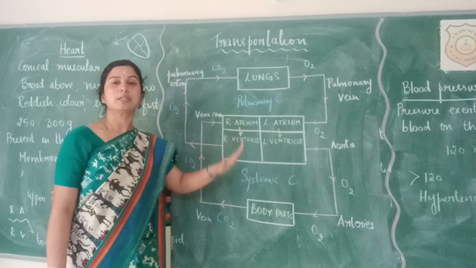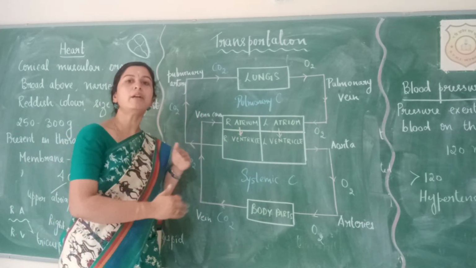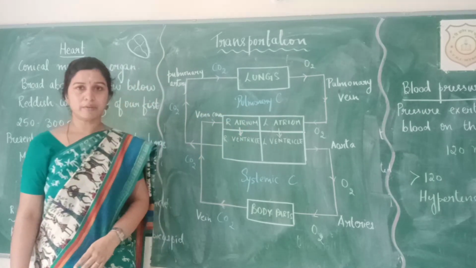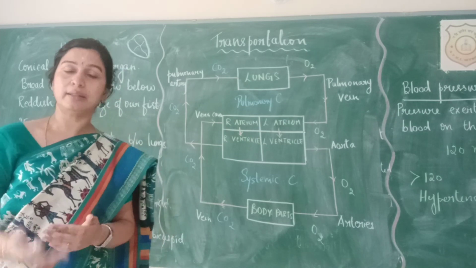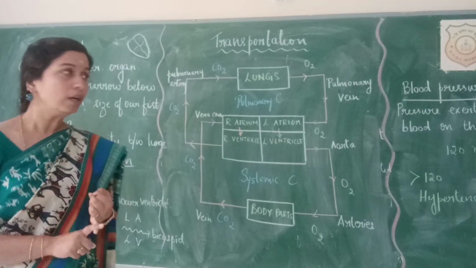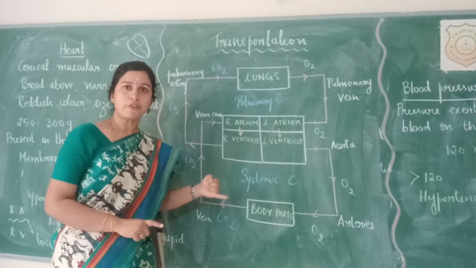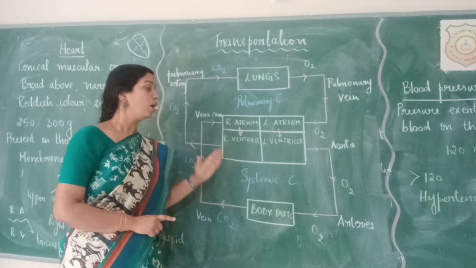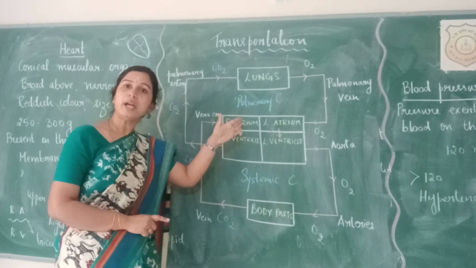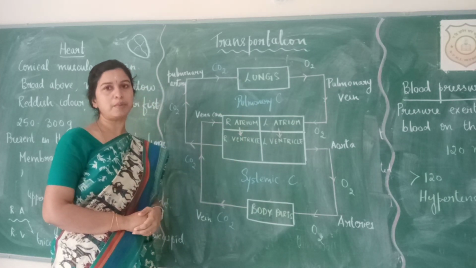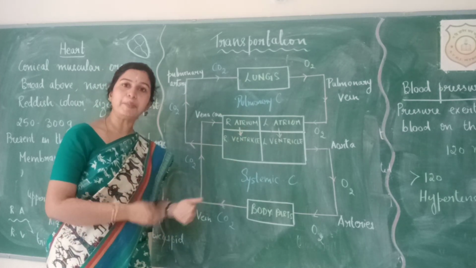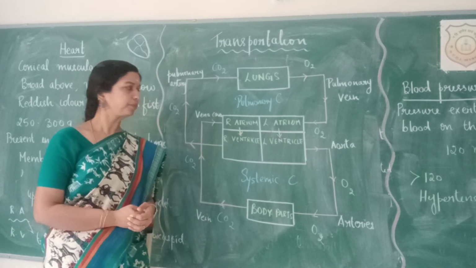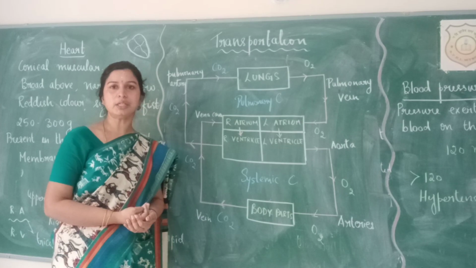So I hope this is clear to you. Just go through it repeatedly, draw it, and also check with the diagram which is given in your textbook. Practice with that diagram also. Learn about the functions of different veins, the functions of the different chambers of the heart, what is double circulation, where oxygenated and deoxygenated blood flows, what is the function of capillaries here, and what are the functions of the aorta and vena cava. In case you have any clarifications, we will discuss it.